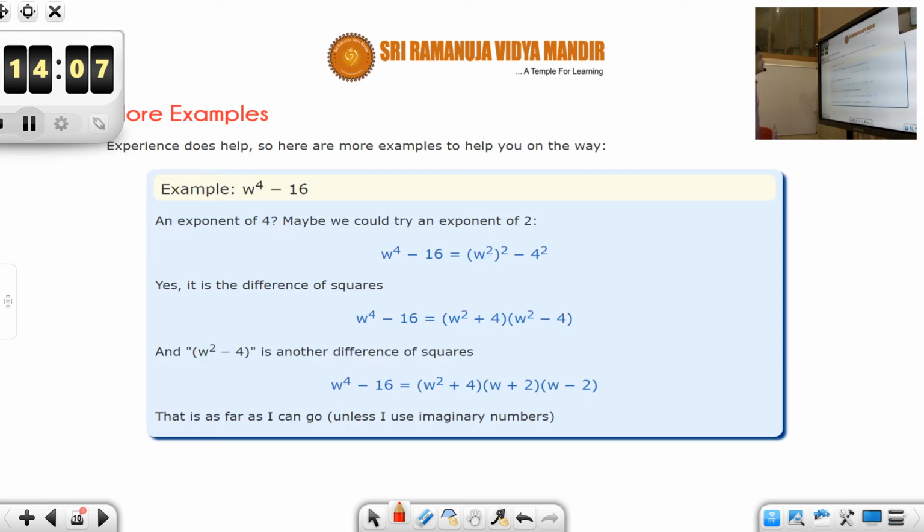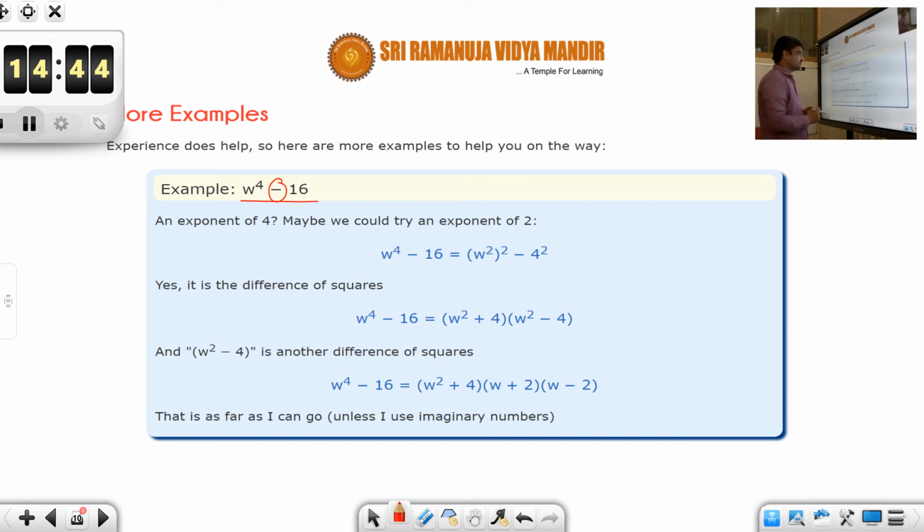So let's explore some examples. Say w power 4 minus 16. Okay, students. W power 4 minus 16. So clearly you are not able to see any common factor at the outset because the coefficients are 1 and 16. There is nothing in common, and there is nothing in common in variables as well. So the next step is to observe, does it correspond to any of the identities we have learned? See, here it is a difference, right? In between, there is a subtraction symbol. So now think of the identities you know related to subtraction.